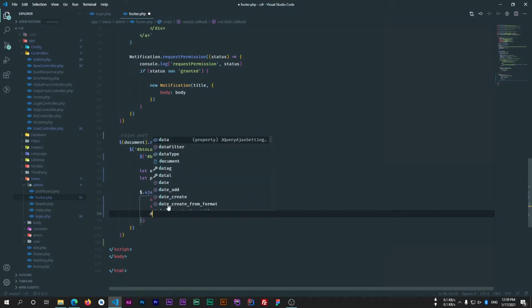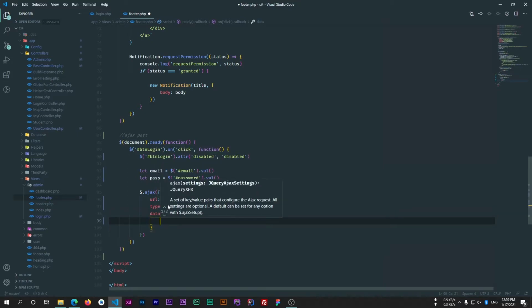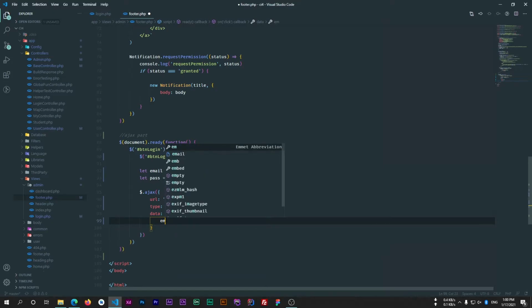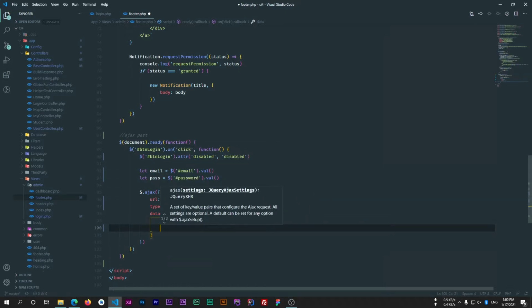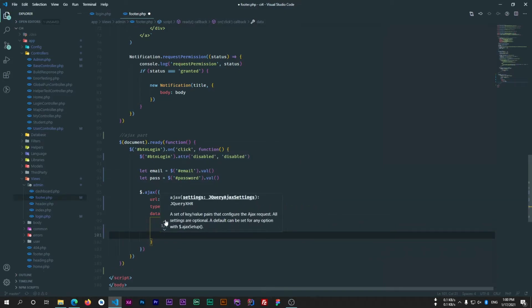The next one is the data. This is the data which is going to be sent to that function. So here we will pass our email, then password, and then we will send our token.